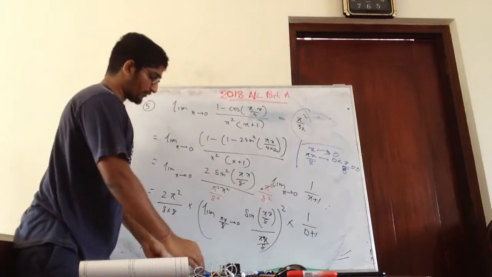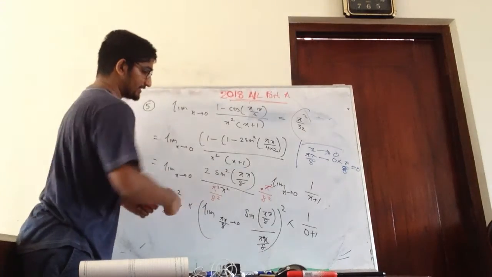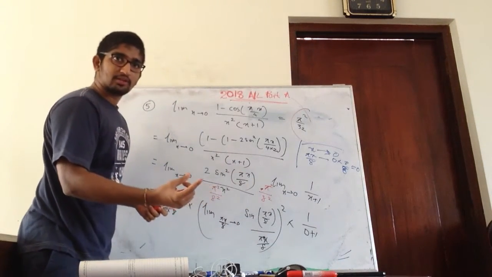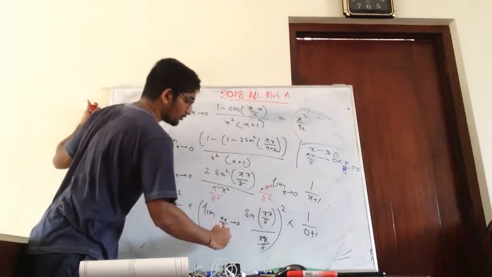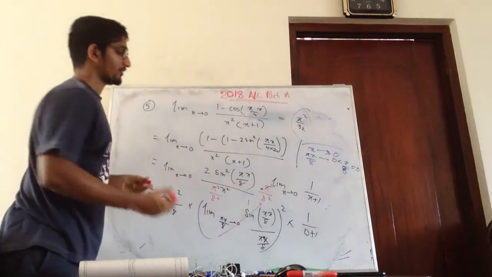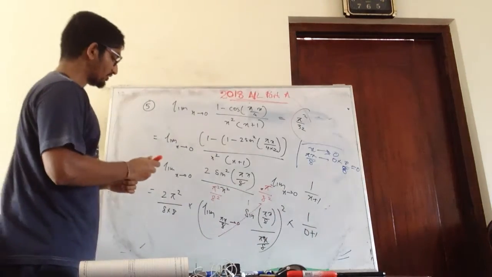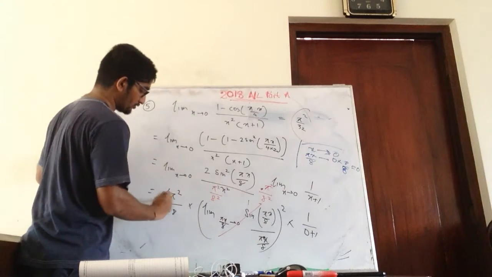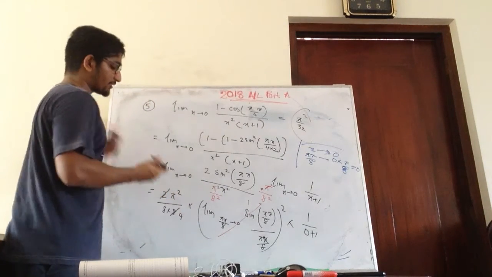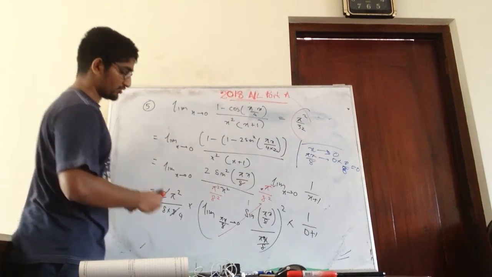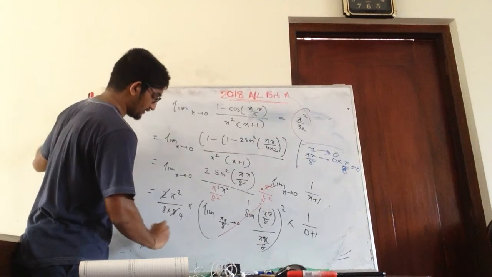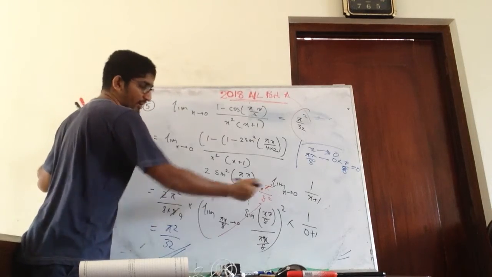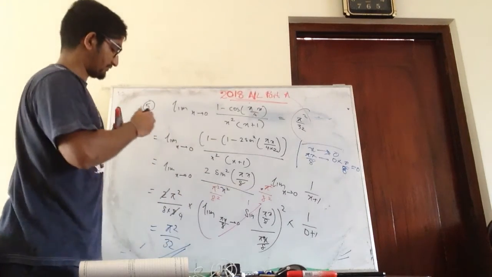Right? So now if you all see this part, what will this part be? This part will be 1, no? This part will be 1. So the whole part will be 1, and this part will also be 1. So the answer will be 2 times 2 will be 4. So 8 times 4 is what? It's going to be 32. So you all will get the answer as 25 over 32. So it's going to be 1, this is also going to be 1. This is the answer.